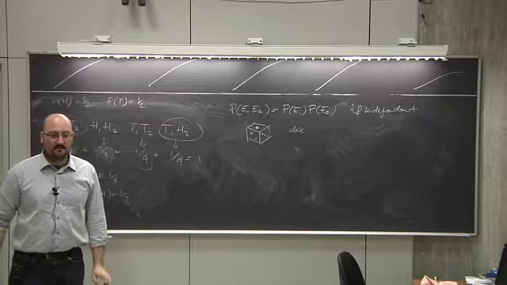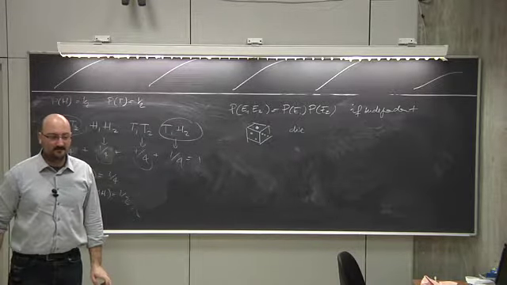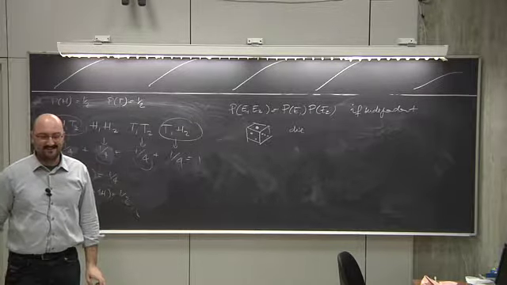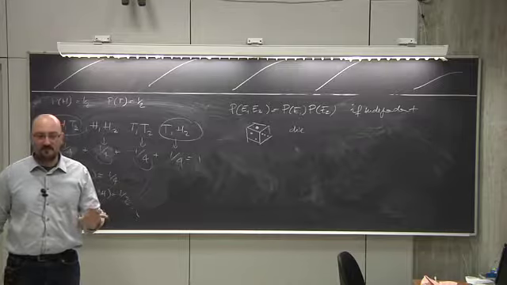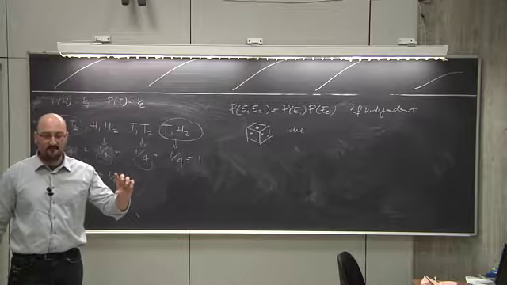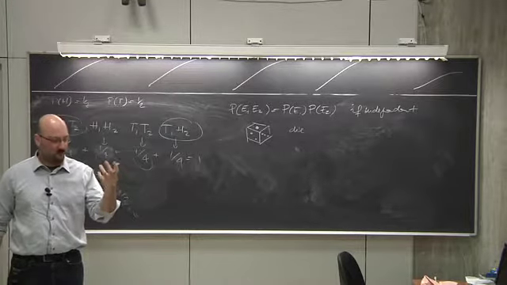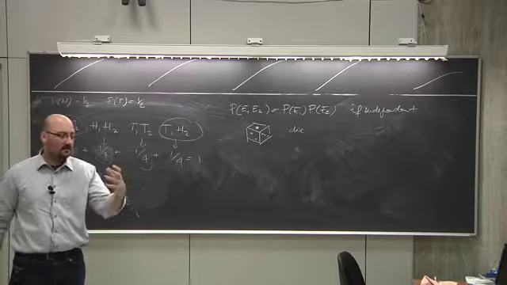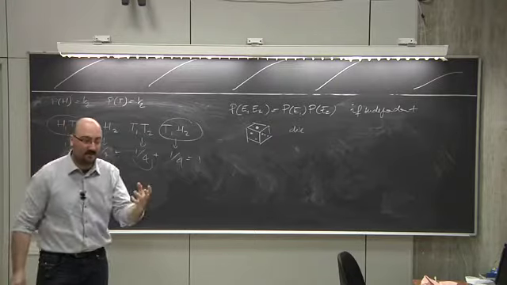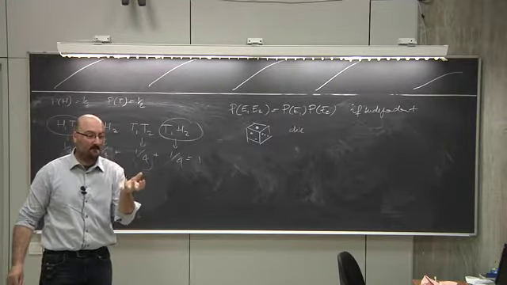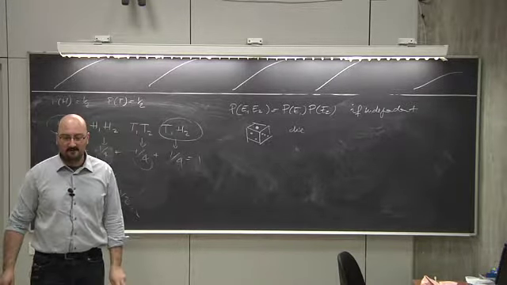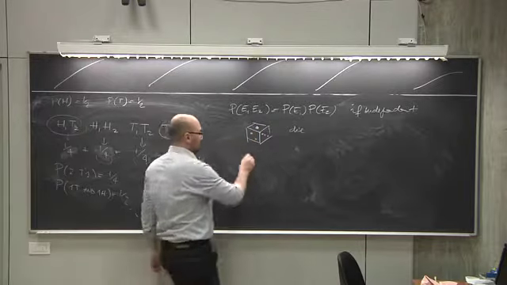Do you know how many ways there are to make dice? If I assume that the opposite faces sum to 7, do you know how many possible ways I can actually build the die? It's not 36, it's not a very big number, because I can rotate the die and it doesn't matter. Okay. There are only 2 ways of making a die. Either it's like this or it's like this.